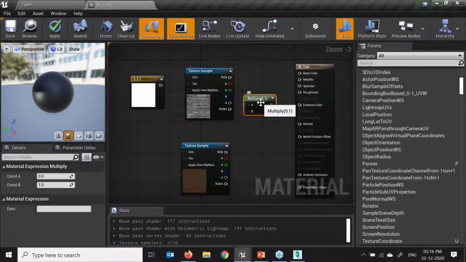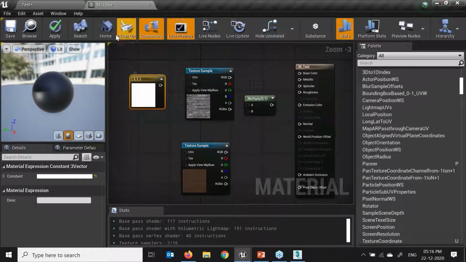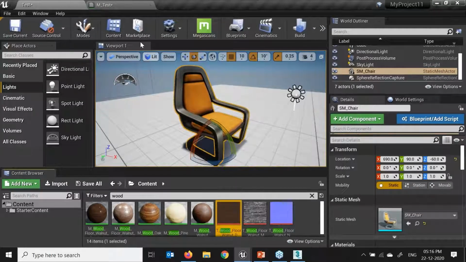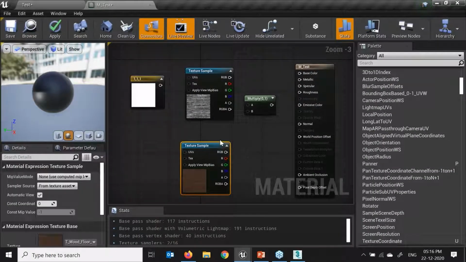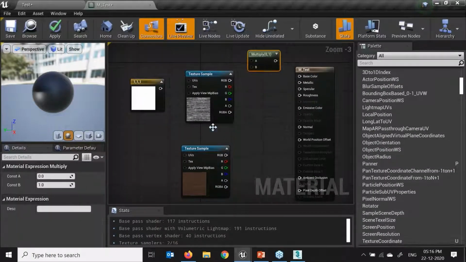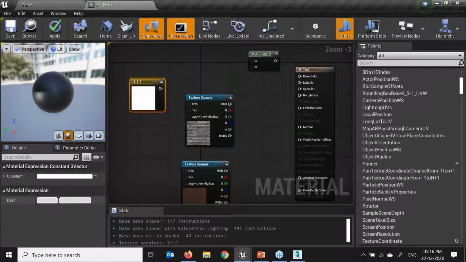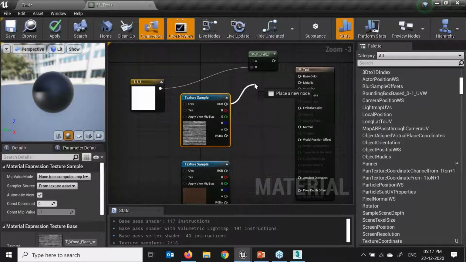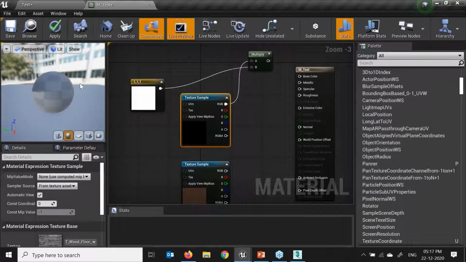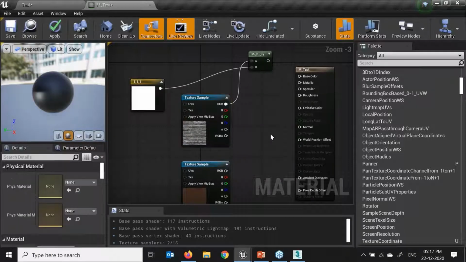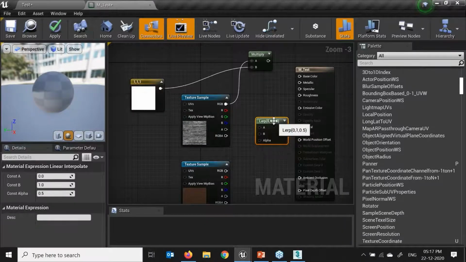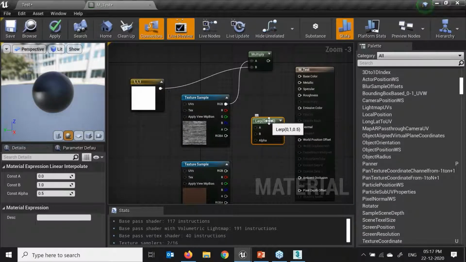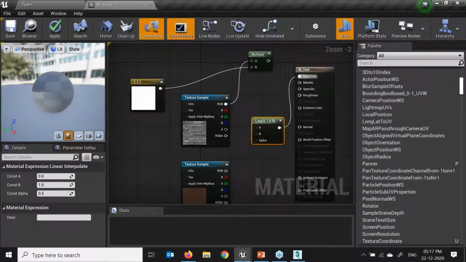So I've created Multiply with M left click, and 3 left click. I'll select my textures from my scene, press T, so that will come over here. First of all, my constant value, which is RGB 1, 1, 1, I'll drag into my multiplier option A. Correct. Now I'll press this into my A. Then L left click. L is a linear output value. I'll drag this color into my base color.